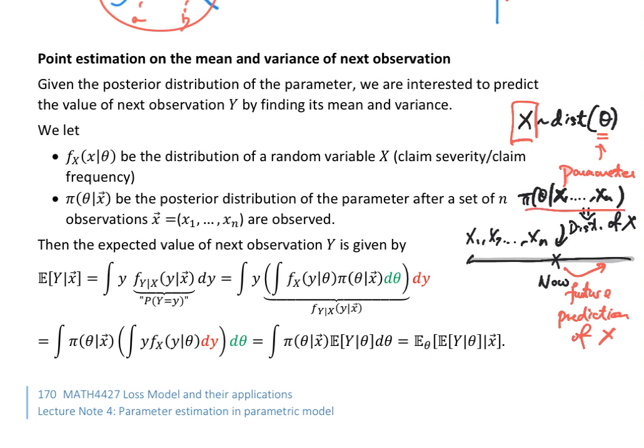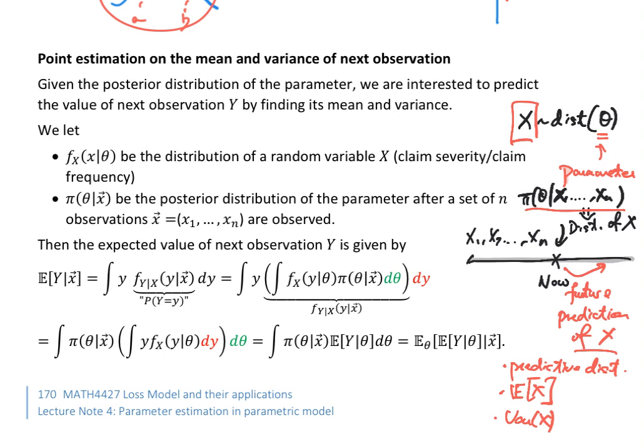Okay, now here the last thing that we will do is, given the posterior distribution of your theta, how would you make the prediction of s? Of course here you can do that by finding the predictive distribution, which is the distribution of s. But besides that, sometimes we may also be interested in looking at the expected value and the variance, isn't it? Which are two popular quantities